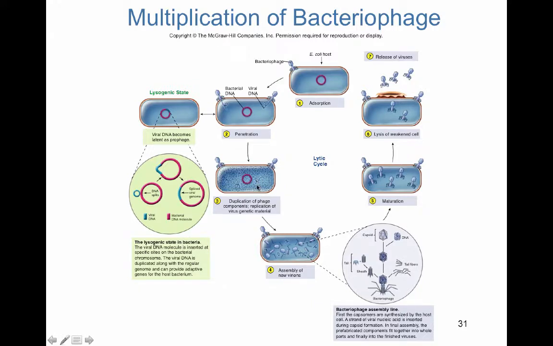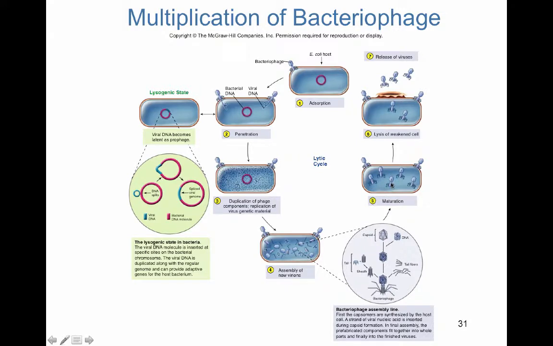So you have replication of this DNA, you have the DNA that is then translated to RNA, the RNA is translated to protein. So it's DNA transcribed to RNA, RNA is translated to make protein, and we see all of the components here that make up the bacteriophage, right? The capsid, the tail fibers, the sheath. These are all synthesized from the information, the sequence that's in this DNA here, all right? So now we make new bacteriophage.